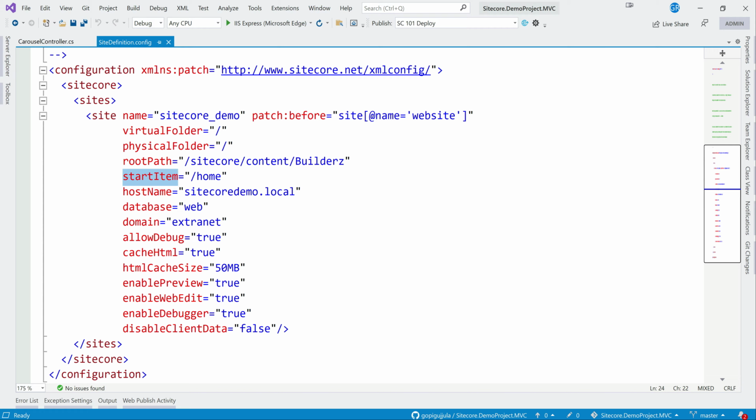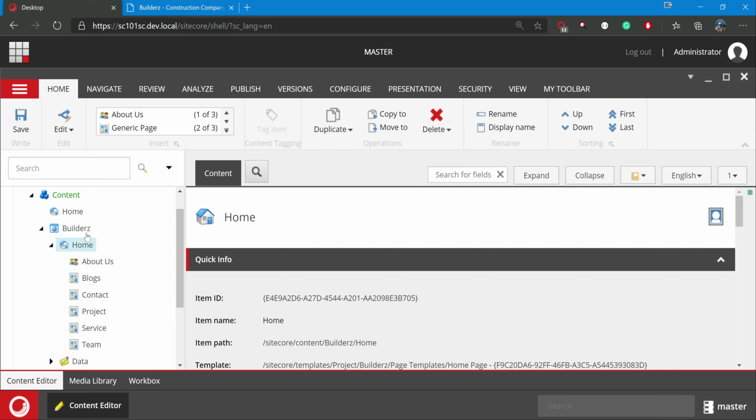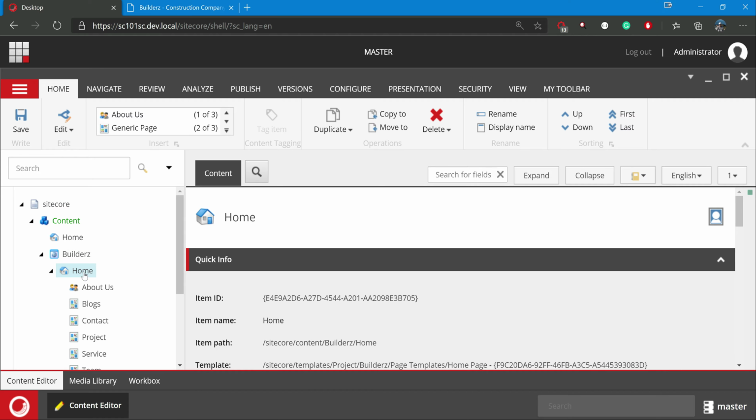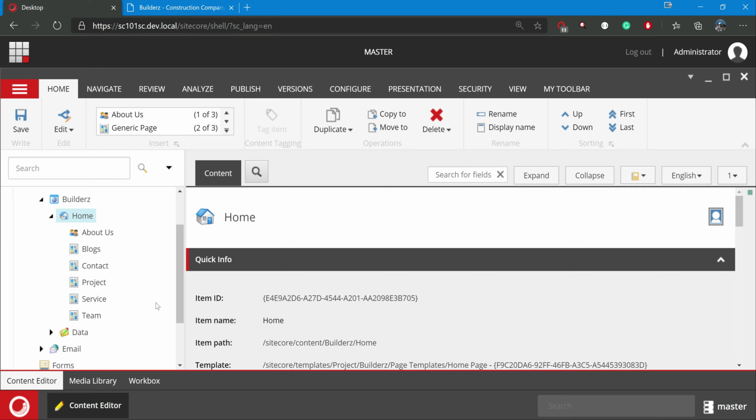If you see Sitecore content, builders and home, and if you go to our Sitecore, this is what it is. So Sitecore content, builders and home, this is our home item, and this is our Sitecore 10.1. Let's see how we can retrieve this home item and what the use cases are. Most of the time we might require this home item just to do some validations, whether the current page is the home item, so you can perform some things, or if you are building a navigation and maybe you want to read the tree recursively from the bottom till the home item. So a lot of different scenarios.